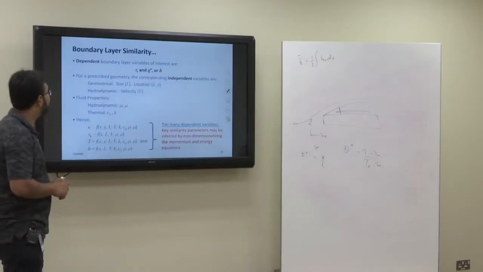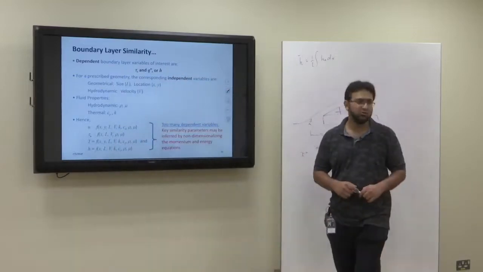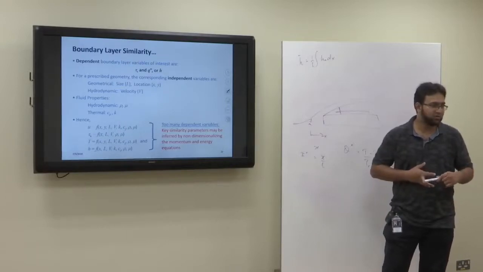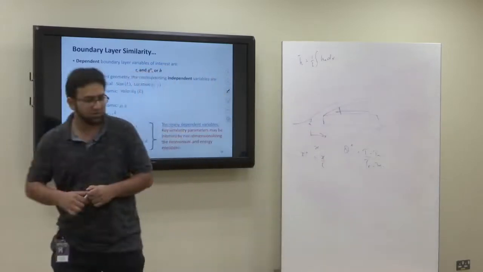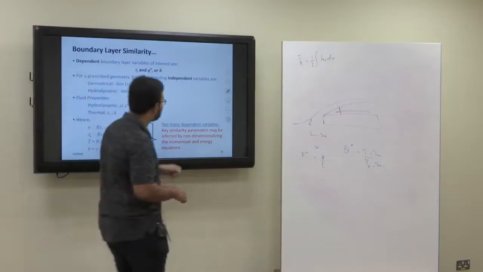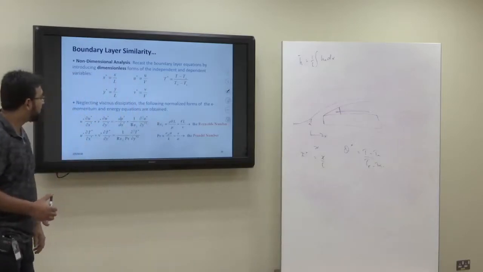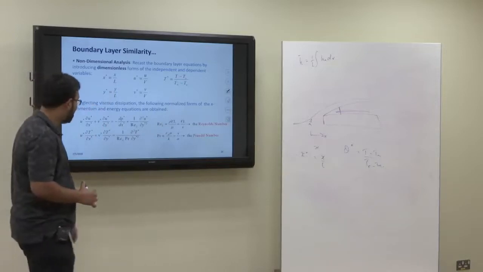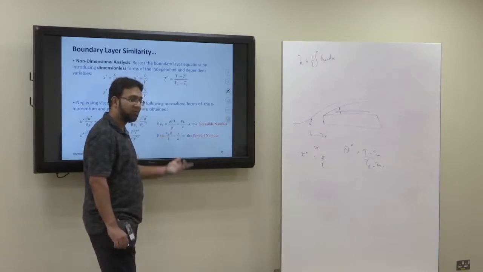Okay, so we put everything in the dimensionless forms, and we apply the Buckingham pi theorem. I don't know if you have gone through that Buckingham pi theorem. Yeah, I think, fluid, yes. So we apply the Buckingham pi theorem. It's a mathematical theorem. We go through it, and we end up with the final similarity functions. So once we go through it, we end up with some of the similarity functions here as mentioned. Okay. So what we come across is the Reynolds number, where Reynolds number is